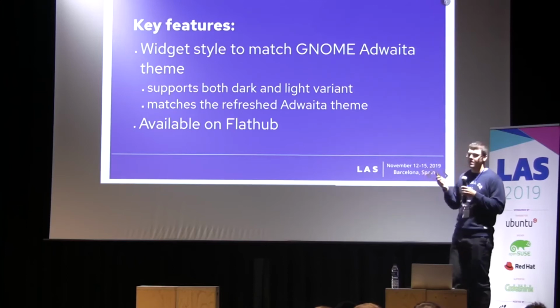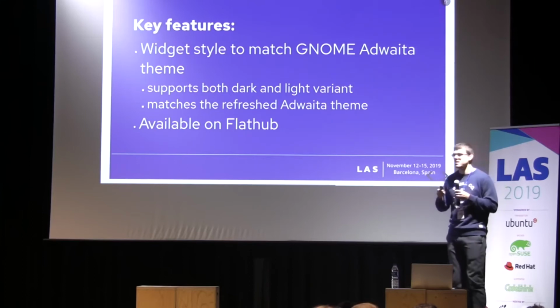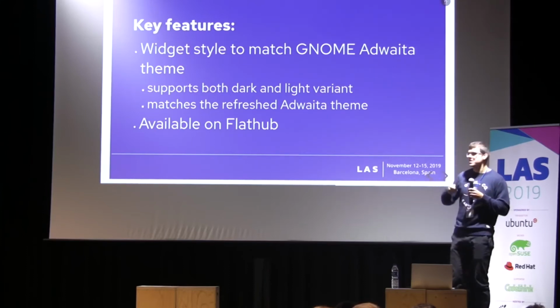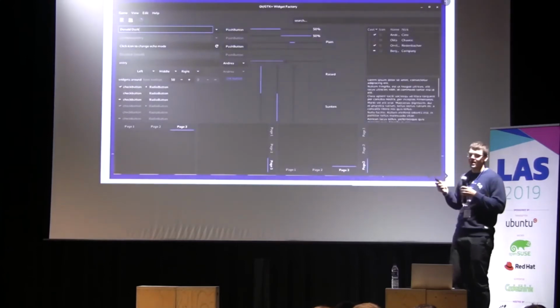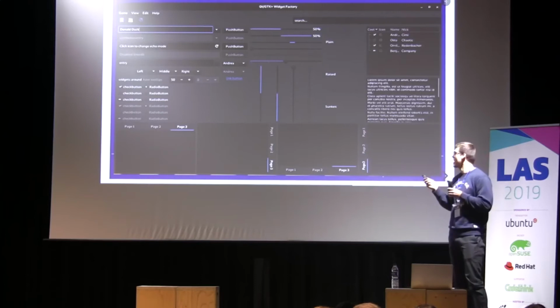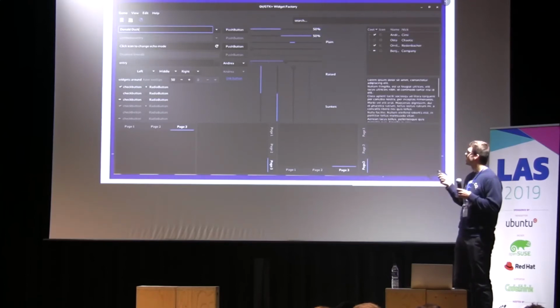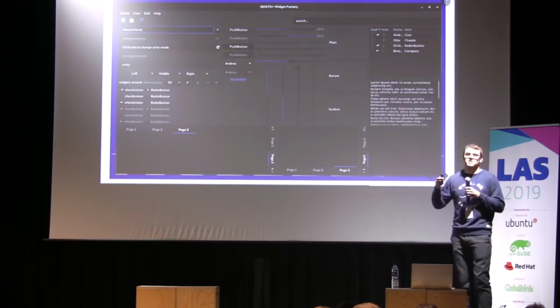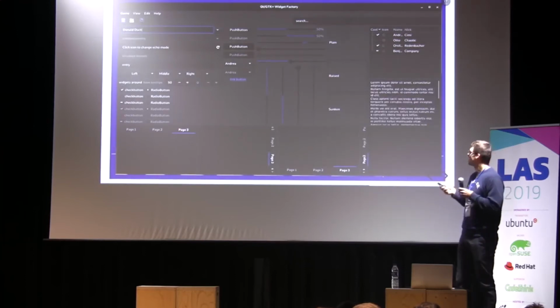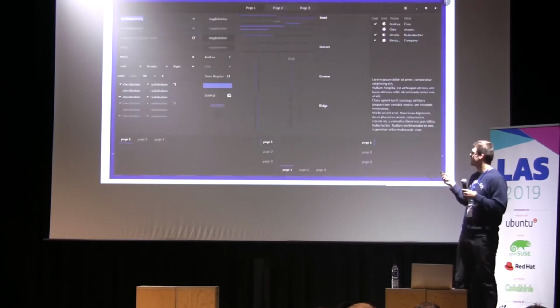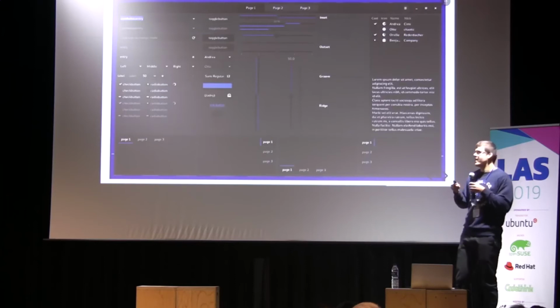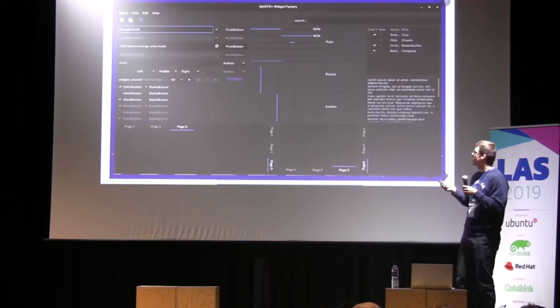Recently, I also added support for the new refreshed Adwaita theme, because that changed with, I think, the last release of GTK. The Adwaita theme changed, so we needed to refresh. So this is how the old Adwaita-qt looked like, and this is after the refresh, which should match the current Adwaita theme. Here I have, for comparison, a GTK application with the new Adwaita. So if you compare it, it's not perfect, but I think it's much closer